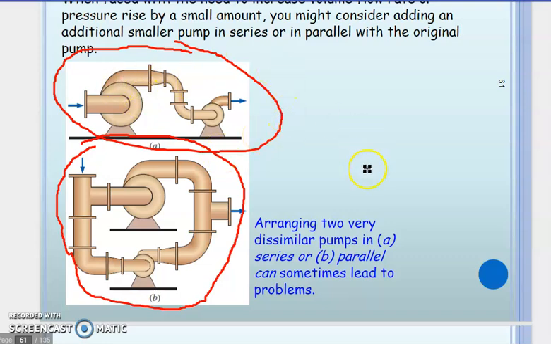But for this one, you have dissimilar pumps, meaning pumps with different capacity and different head capability. If you look at the figure, this one is much larger compared to this, and this one is larger compared to this one. So if you arrange two pumps like this,